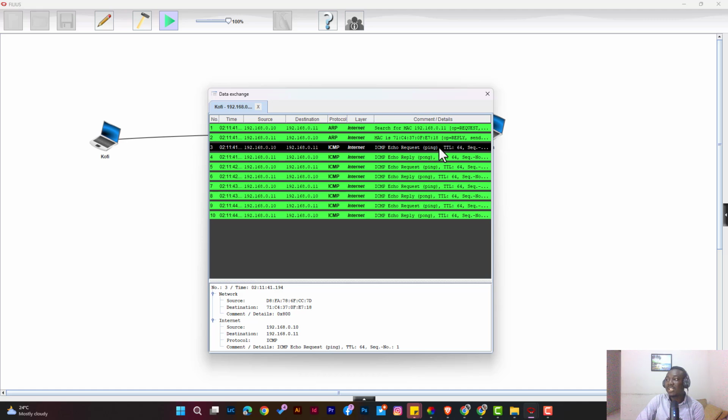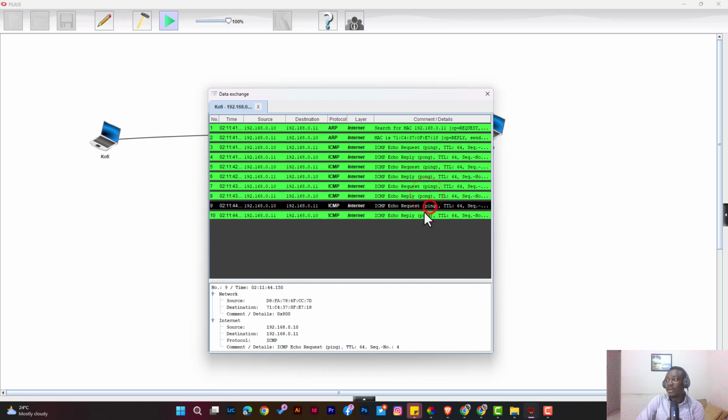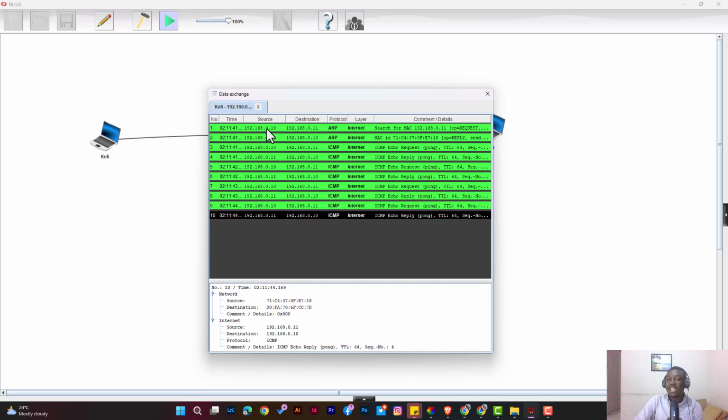This has pinged this device, and you can see it responding pong. Another ping pong, ping pong. And if you check back into the command line, you realize that they said 4 packets of data delivered, 4 packets of data received. So it's like you send, I receive, you send, I receive. So these 8 packets here